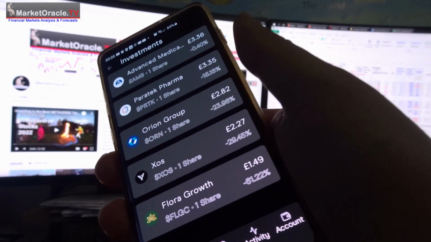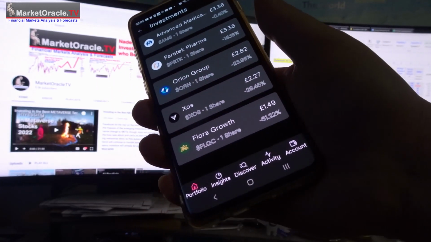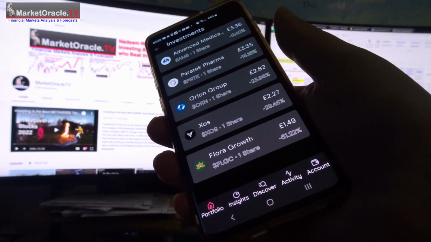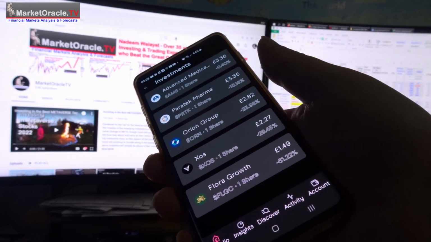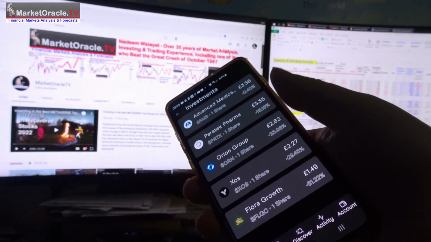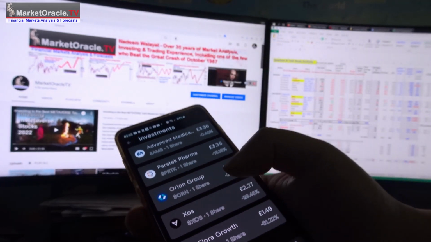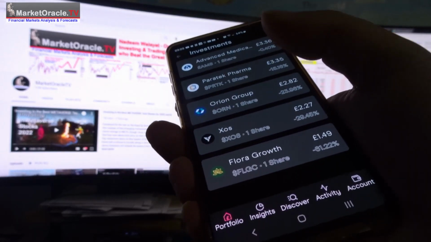I'm paying £10 extra a month. Why are you rejecting orders for Intel, for God's sake? Amazon. Yeah, okay, that was a fractional share, but why? I don't get it. Matterport should be okay. AUTODESK should be okay. So that's one of the negatives. That is a very rough platform.